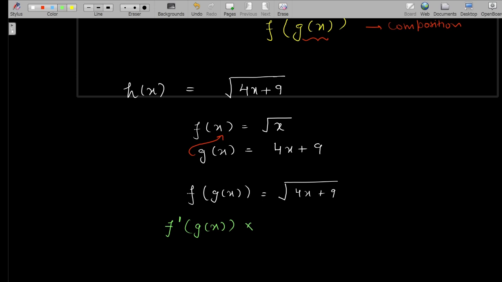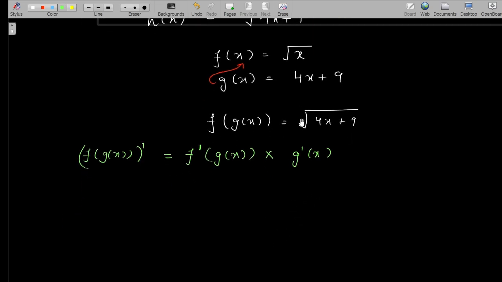And then you differentiate the inside function. Okay, so this will be the derivative of f of g of x. Okay, so if you have to find the derivative of this function,